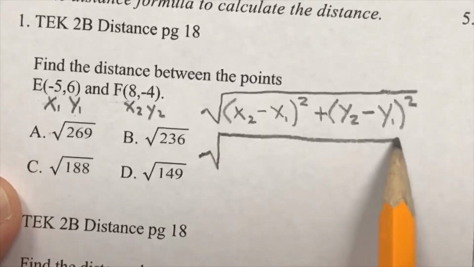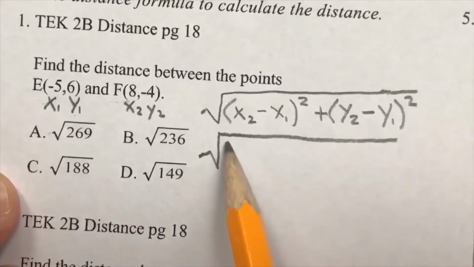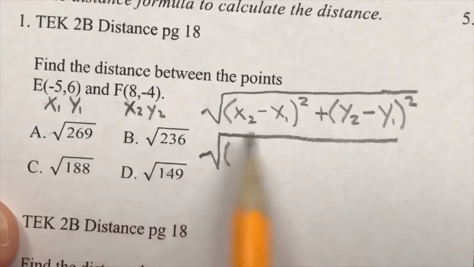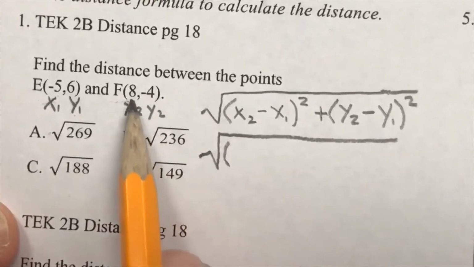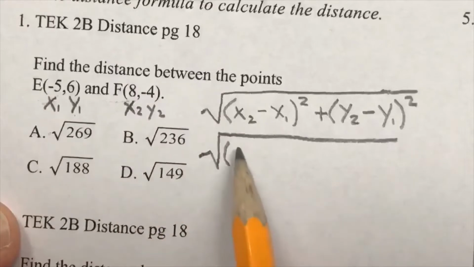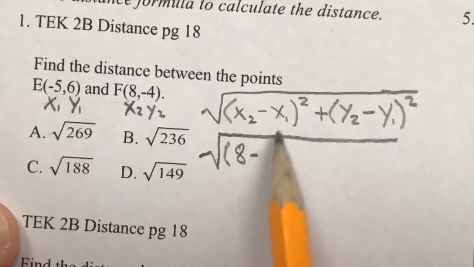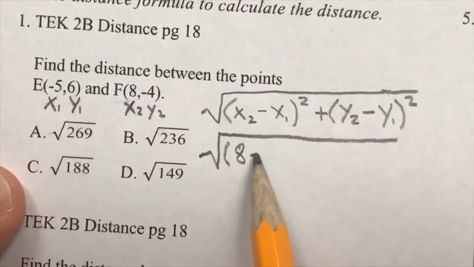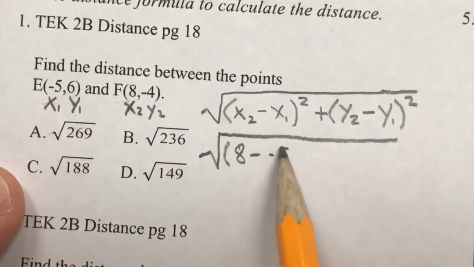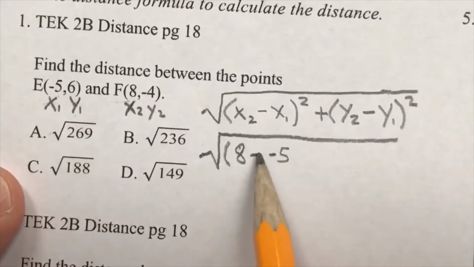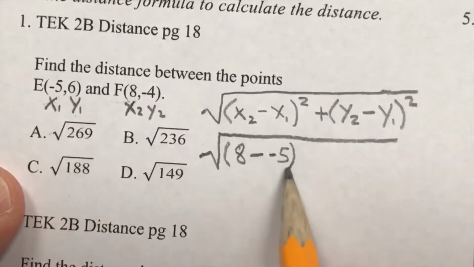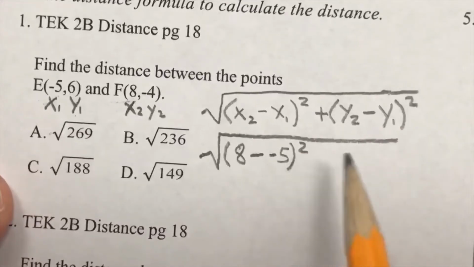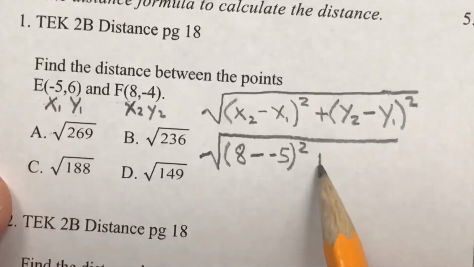Keep that coming down, and then start with the left parentheses and pick up that x2. Now you go here to pick up the second x coordinate, which is going to be my 8. I subtract the first x coordinate, and notice we're going to subtract and then a negative 5. That's my negative. It's a little bit smaller than my subtraction symbol. Close the parentheses, square that, bring down the plus sign,